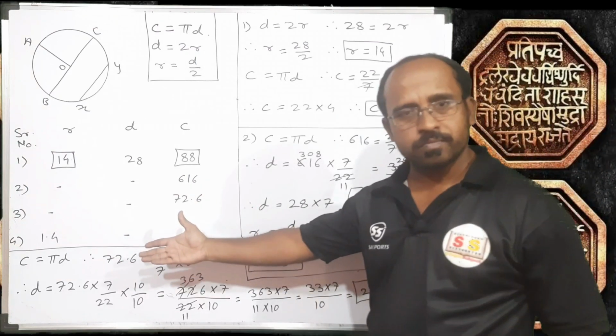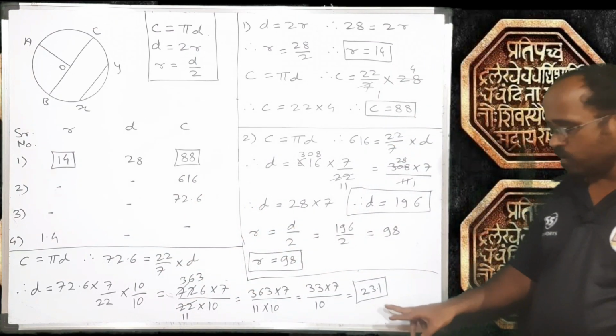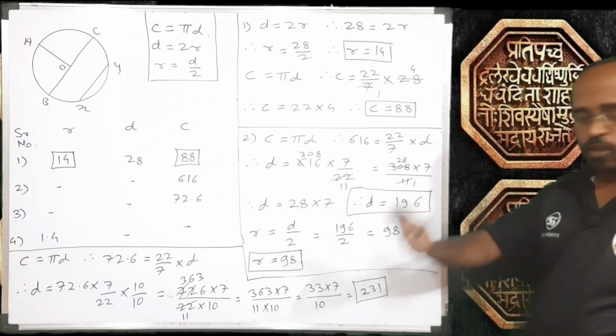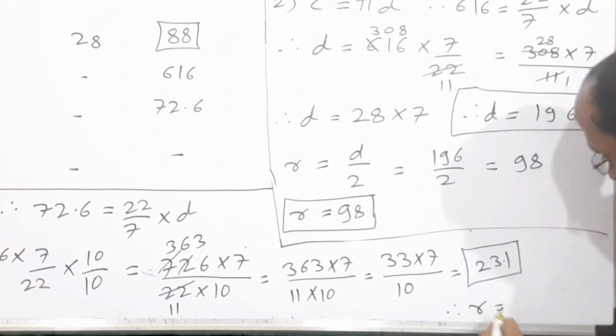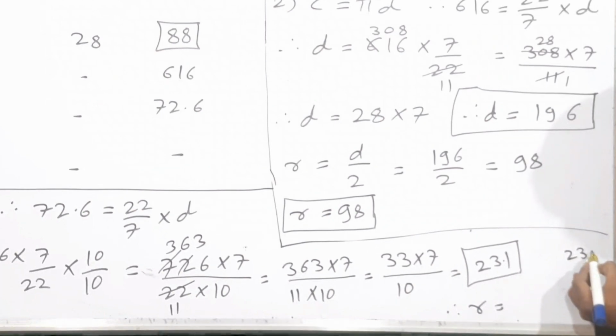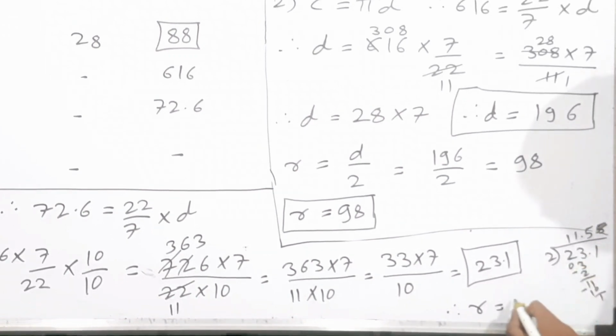And what will be the radius? Radius is half of this. Means we have to divide this 23.1 by 2. So radius is equal to 23.1 divided by 2. I am going to divide it directly. So 2 1s are 2. 2 minus 2 is 0, 3. 2 1s are 2. 3 minus 2 is 1. Number finished, decimal point, 11. 2 5s are 10, 1. So the number is equal to 11.55. Radius is equal to 11.55.